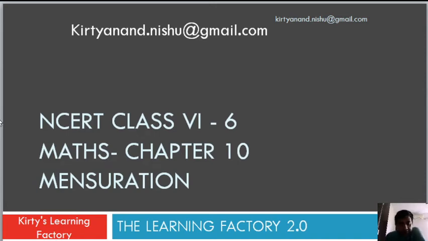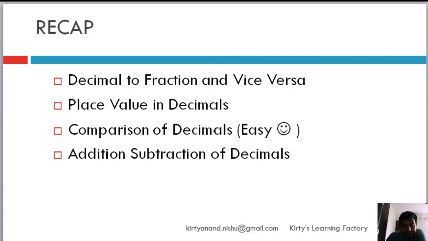Alright guys, welcome back. Today we are going to learn a new thing in the mathematics field, and this is known as mensuration. Mensuration is that part of geometry that typically deals with measurement, okay? Measurement of what? Measurement of length, measurement of something which we also know as perimeter, measurement of area.